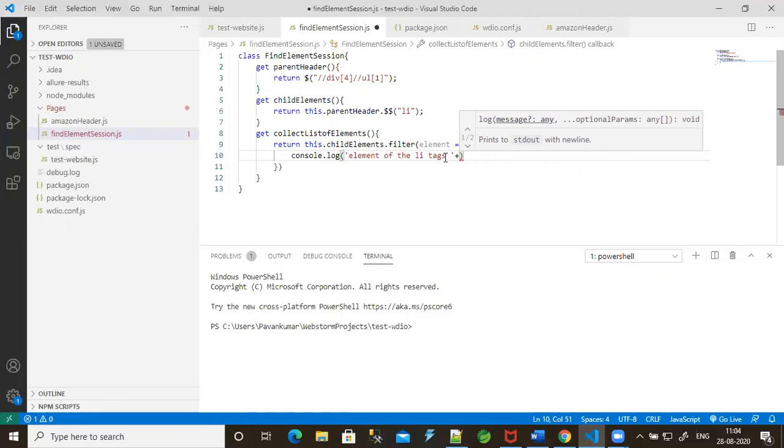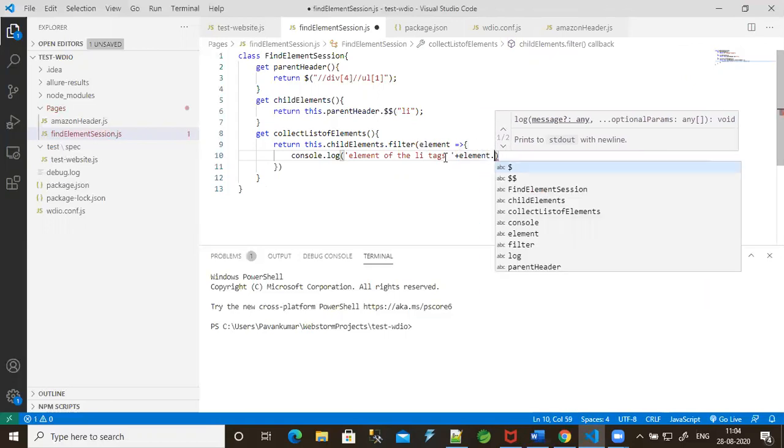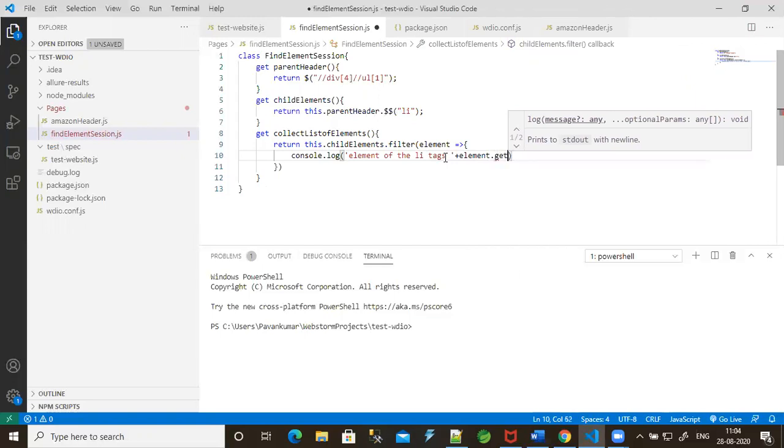plus element dot getText. So here we are using this parameter, like on the Java side we have a for each loop, right? The same way it will act here. The parameter is called here with the getText, so it will get the text of all the li tags.